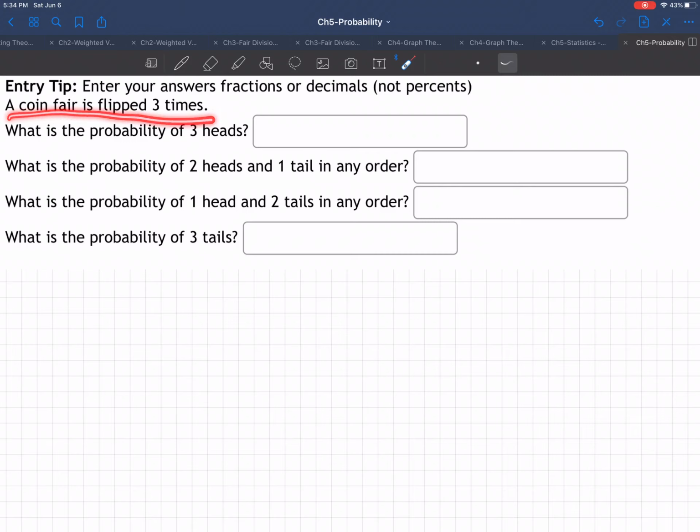A coin is flipped 3 times. What is the probability of 3 heads, 2 heads and 1 tail, any order, 1 head and 2 tails, any order, 3 tails? Okay, so when we flip a coin 3 times, we need to have a